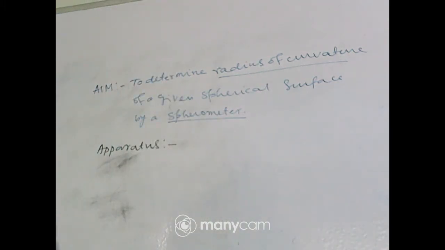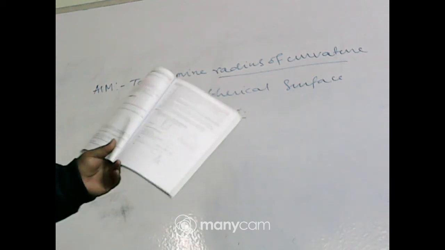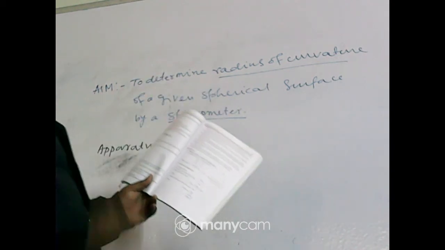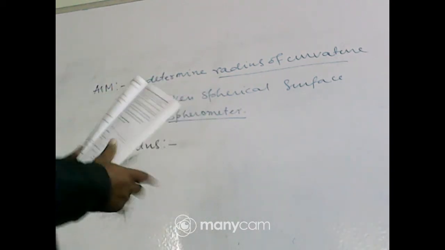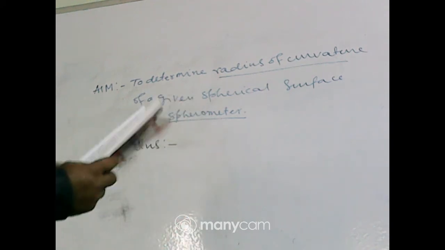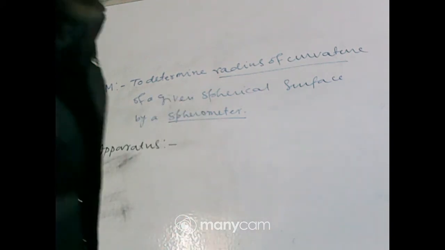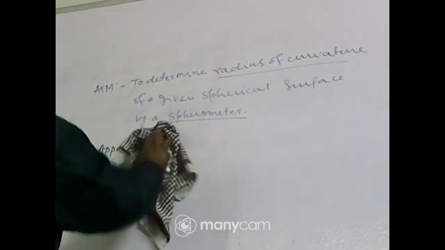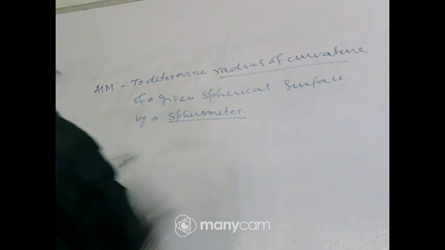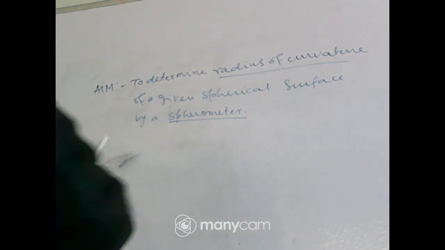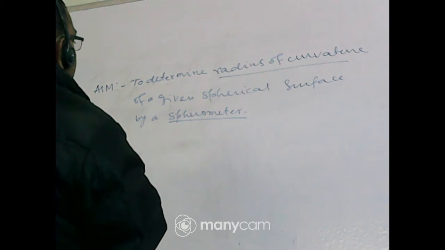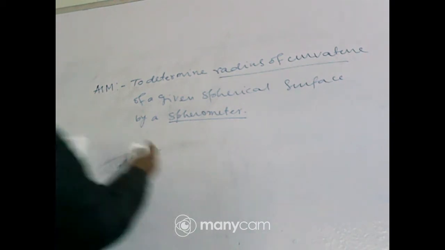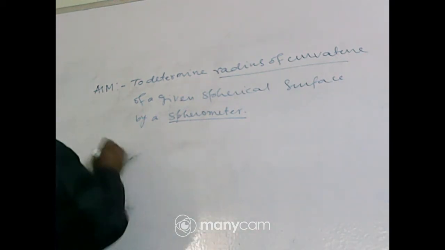Clear? Next part is the theory. You note it using the formula. Okay. Next is the observations and calculation. How can we find out it? Suppose, my dear students, observation and calculation. How can we calculate the least count of that instrument? First, observation.